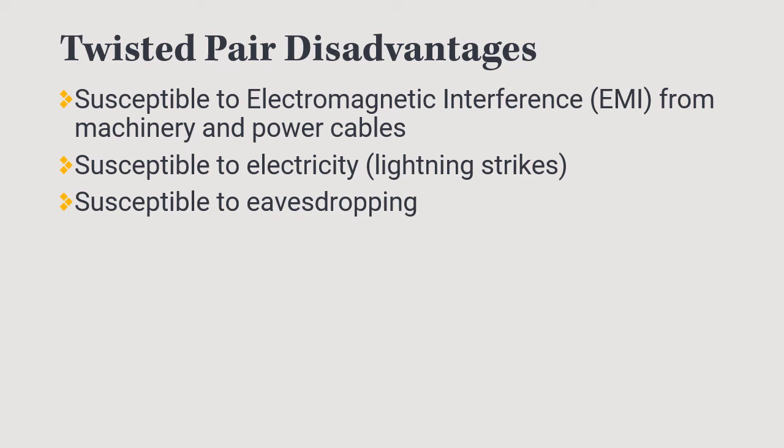And so if you have network cables running close to a fluorescent light, it can actually cause a lot of problems. It's also susceptible to electricity, and with this we mean lightning strikes. So if you have this running up in an attic or a space above your drop ceiling, it could actually kind of attract a lightning strike, and it could damage a lot of your networking gear and obviously the wire